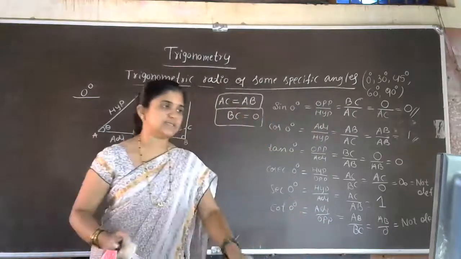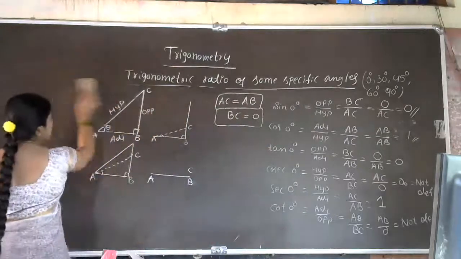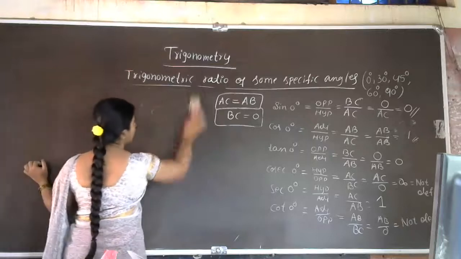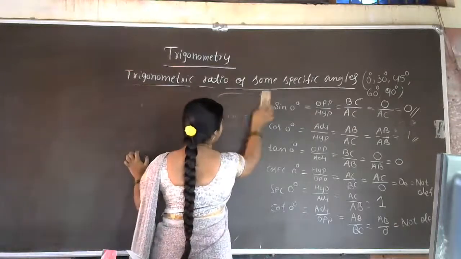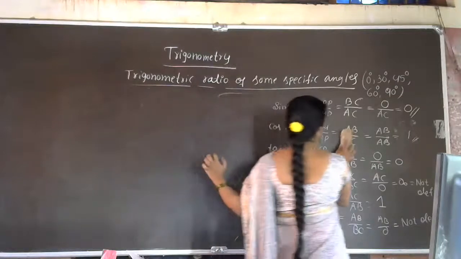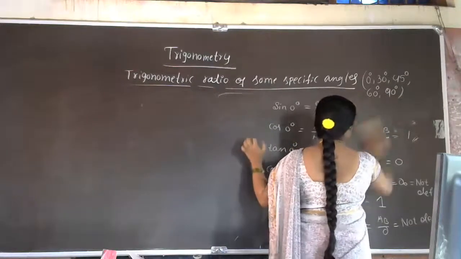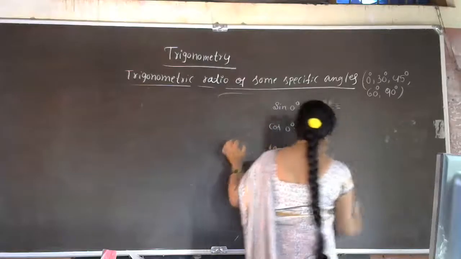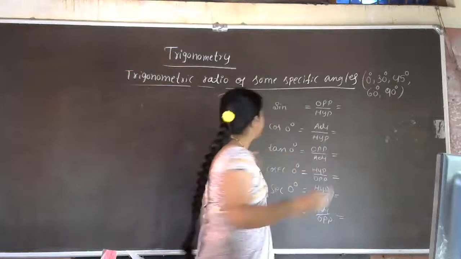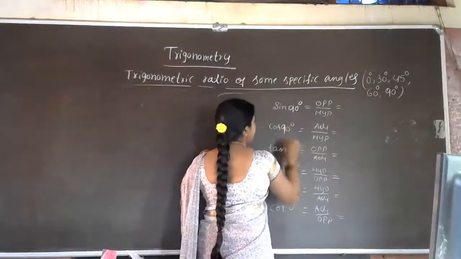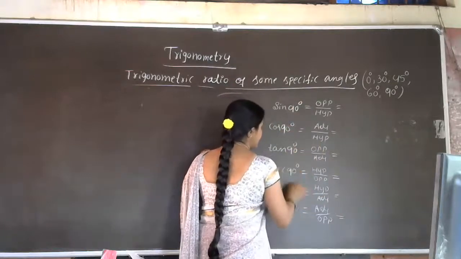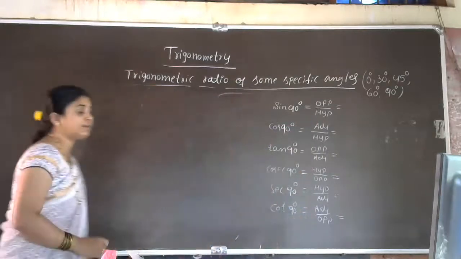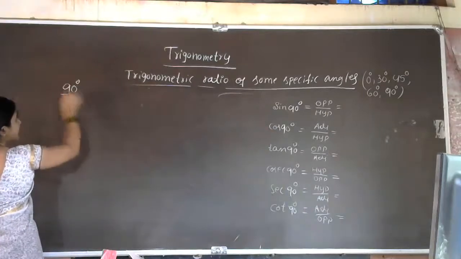Now last, we have to work out for 90 degree by this same method. So we are going to work out 90 degree. I'm not going to erase all these things, I just want to erase this one. We'll keep the remaining as it is. First, we'll understand the diagram. Here we'll write 90 degree: sine 90 degree, cos 90 degree, tan 90 degree, cosec 90 degree, secant 90 degree, then cot 90 degree. So the remaining is all ready. Now we'll discuss the 90 degree condition.